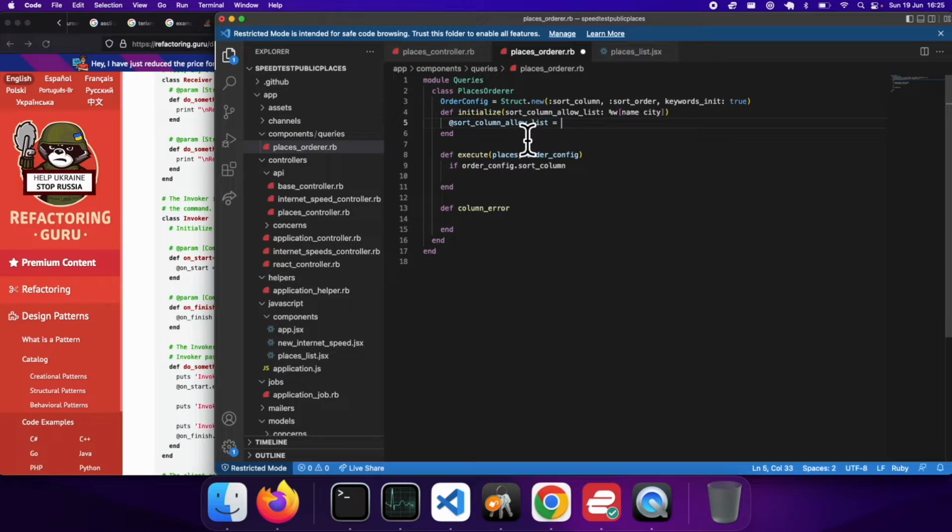Sort column, we're just going to set that as a variable that we expose via a private attribute reader. I'll go into this a little bit more, but first we're just going to expose this variable so that anytime we call it, we have access to this variable without having to do the @ sign. That is basically what this private method does. And so what we could do is say, okay, if the sort column allow list, include,